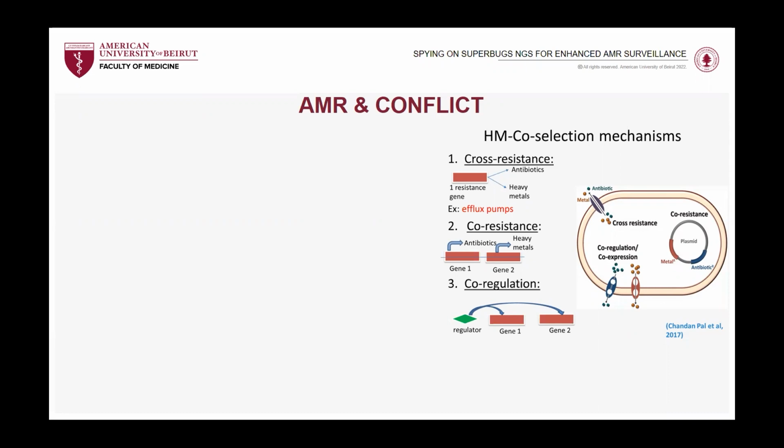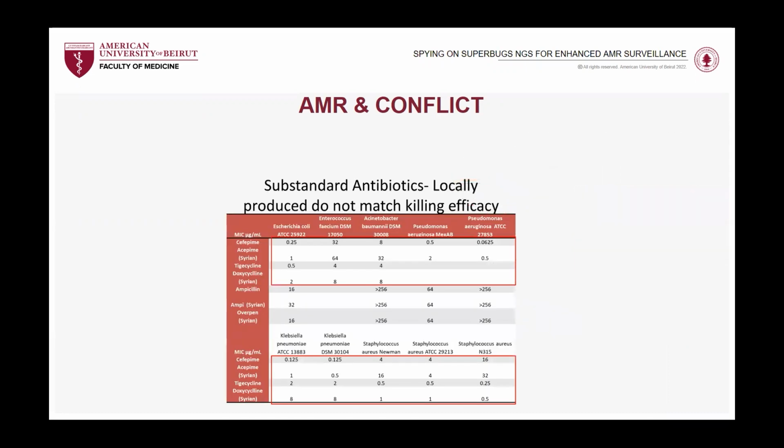This is what we've been focusing on the most. And to add another factor that plays a role when it comes to conflict, we've been looking at substandard antibiotics, because whenever you have war, you have chaos, you lack doctors, you lack regulations. Exactly. You'll treat with whatever you find. Sometimes, so one of our colleagues, who's a very dear friend, Dr. Ghassan Abou Sitta, he used to go perform surgeries in Gaza or wherever there is conflict. And he used to tell us,